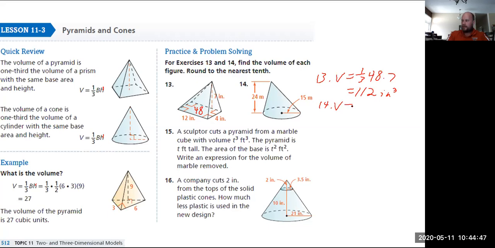So I'm going to plug all the values in, but I'm going to replace the big B with our equation of a circle. So we have pi r, which is 15 on this one, squared, times the height, which is 24. Now, it says round again, so we're going to have to replace pi with 3.14. I would just plug the whole thing into the calculator. 3.14 times 15 squared times 24, and I'm saving the 1/3 for the answer. I can just hit divided by 3, and we get